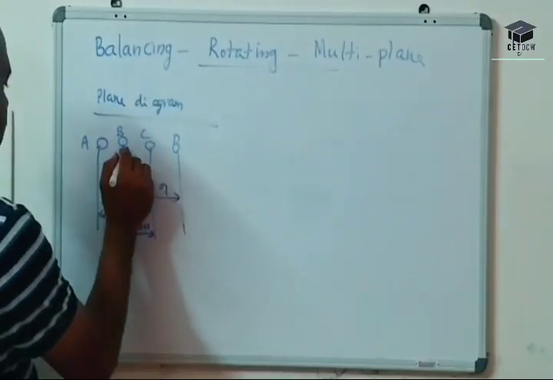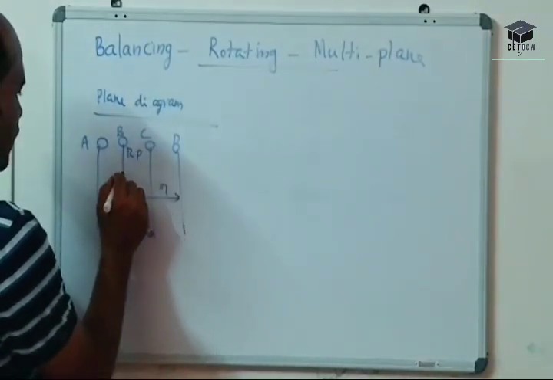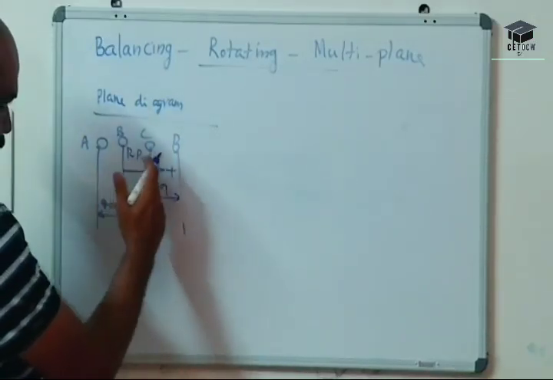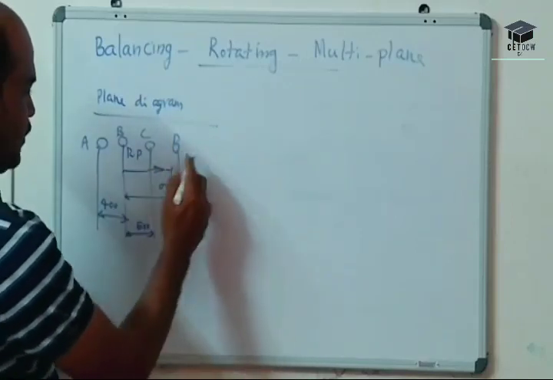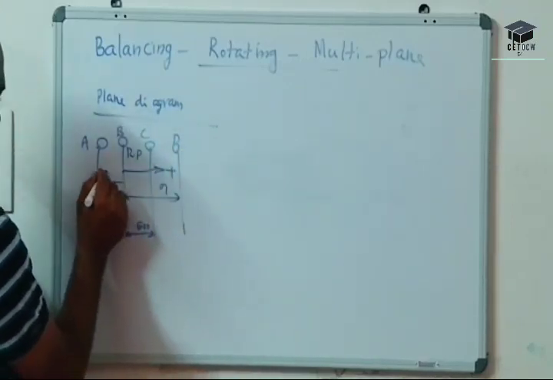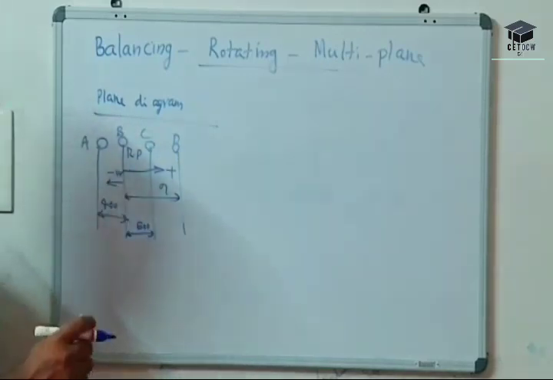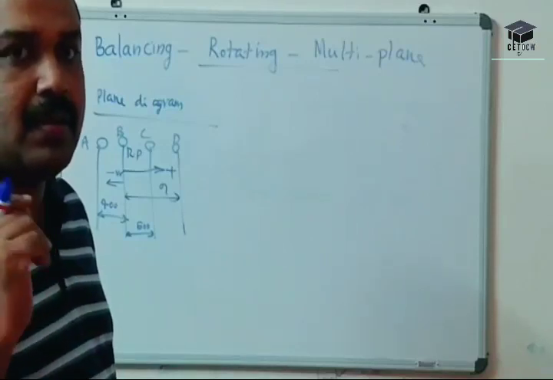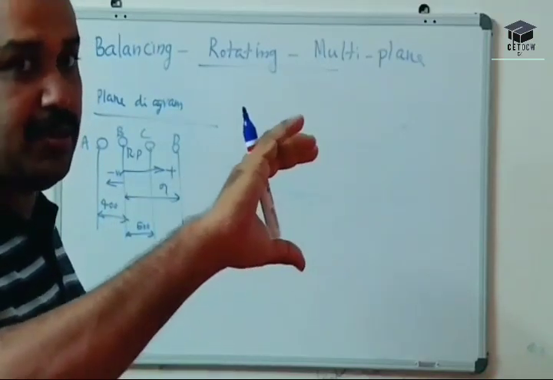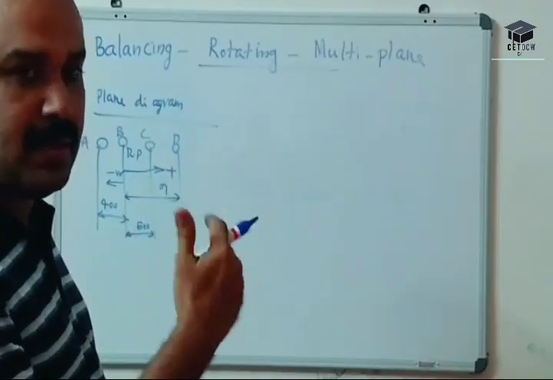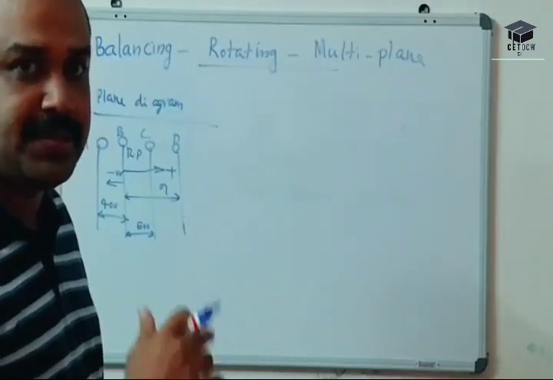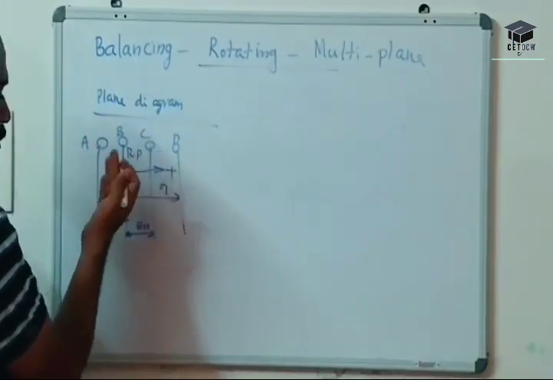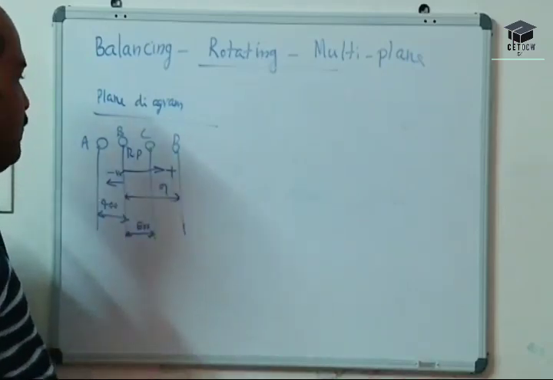Now this is the reference plane. Plane B is the reference plane. So if plane B is the reference plane, then we can take this as positive. The distance measured towards right is positive and towards left is negative. In the case of moment, you have to take the sign also. If the same force is towards right, it may produce clockwise. The same force will be anti-clockwise towards the other side. So if this is positive, then the opposite direction is negative.